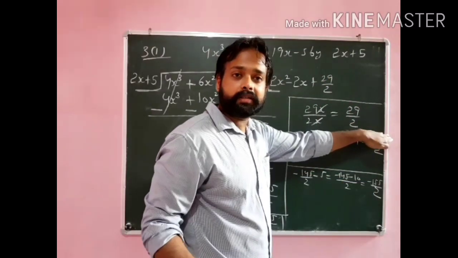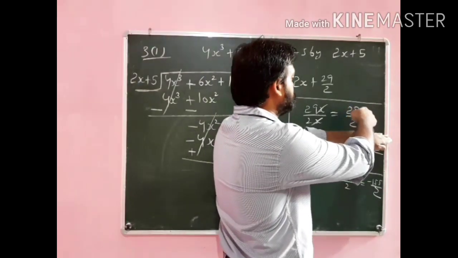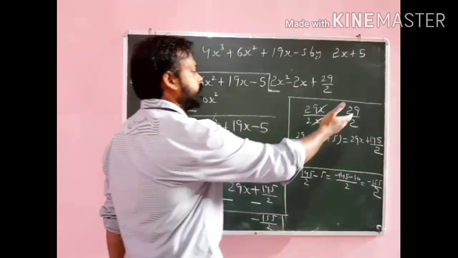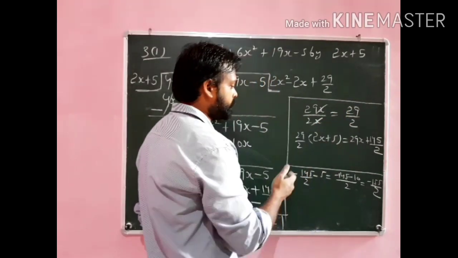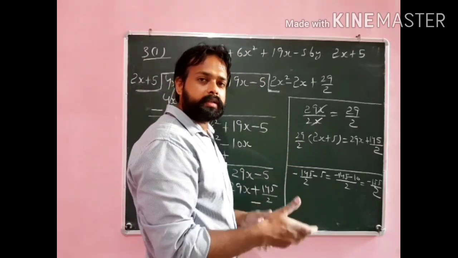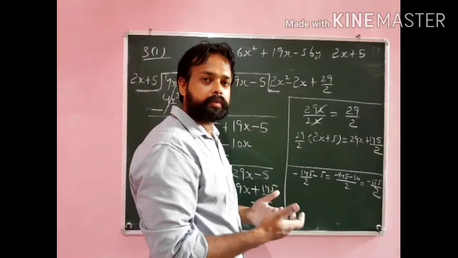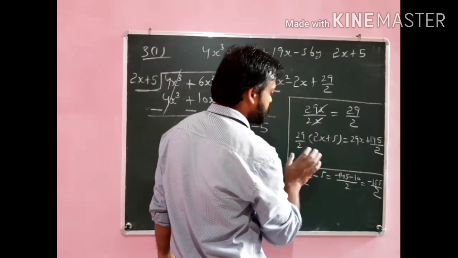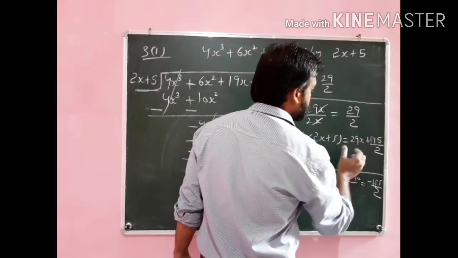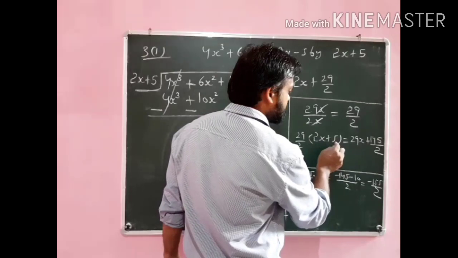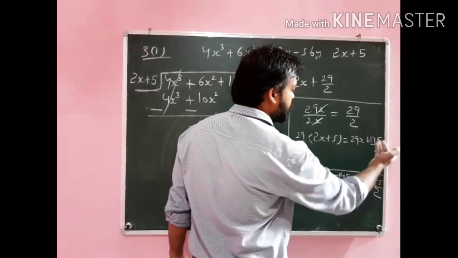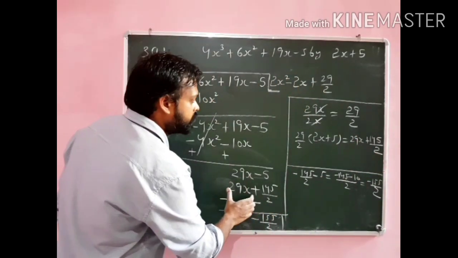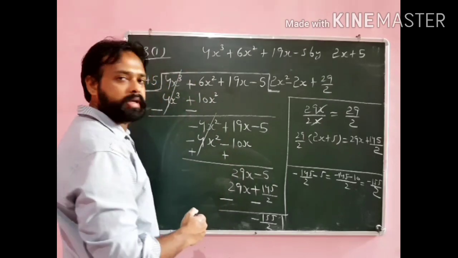And what is the next step? That was we have to multiply this 29 by 2 now with the divisor, that is 2x plus 5. So 29 over 2 is multiplied with 2x plus 5. Okay, see carefully. Now there is a fraction term, and while multiplying you have to see carefully. When we are multiplying 29 by 2 with 2x, these 2 and this 2 are cancelled with each other, only 29x we got, and then plus sign as it is. 29 is multiplied with 5, it will become 145 over 2 as it is. And now you can write this value 29x plus 145 by 2 here.